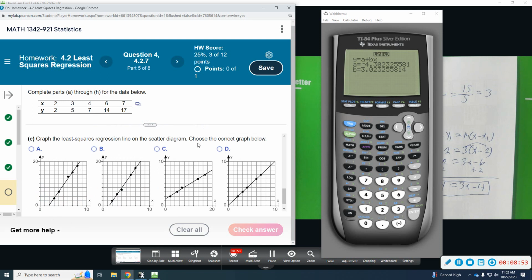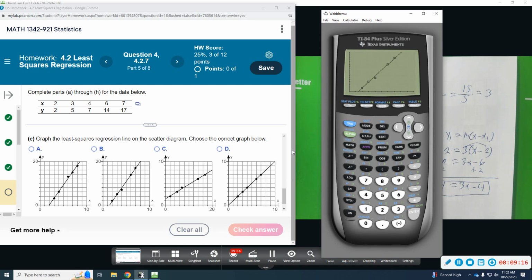All right, and then we're going to graph the least squares regression line with the scatter plot. So if I go to y equal, once I compute that, I can have it recall it for me. So I can go to vars and then statistics. We're going to go over to equation, and then we want option number 1, the regression line. It just puts it all there for you, unrounded. And then when we hit graph,